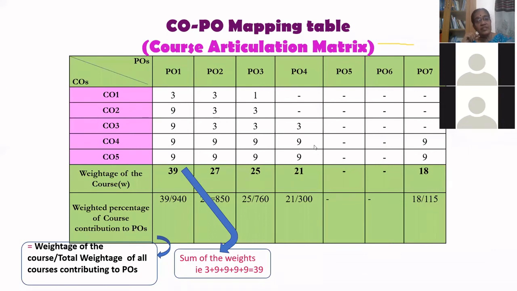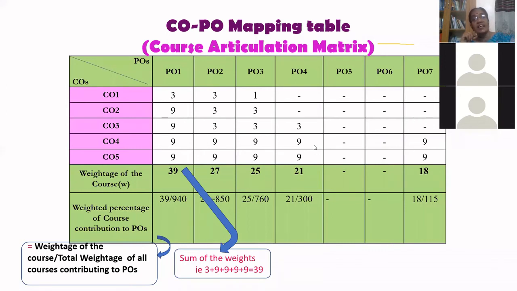Now I have included one weighted percentage of the course with 39. I have told you, for BSc Computer Science students, what are all the courses studied in the first semester. You have a list. Second semester, what are all the courses? Third semester. Likewise, in all the 6 semesters, what are all the courses she is going to appear in the examination. You have to list out all the courses, list out the weights of all the courses and get the total of all the courses.